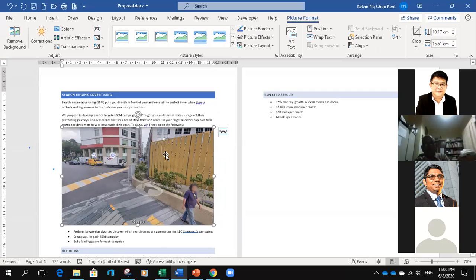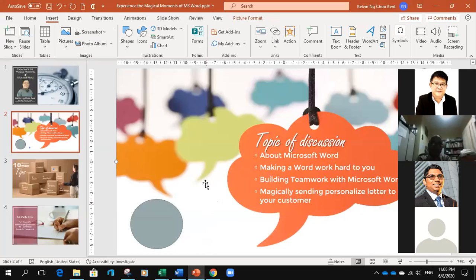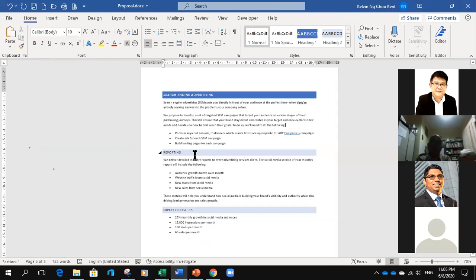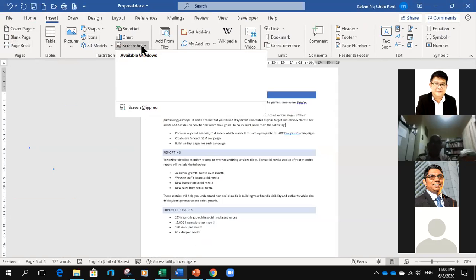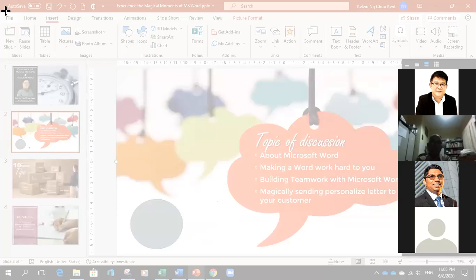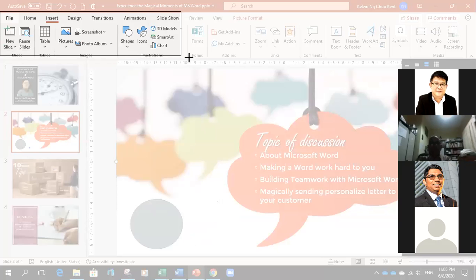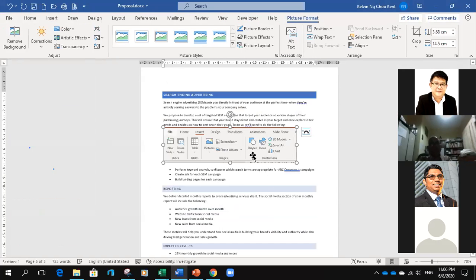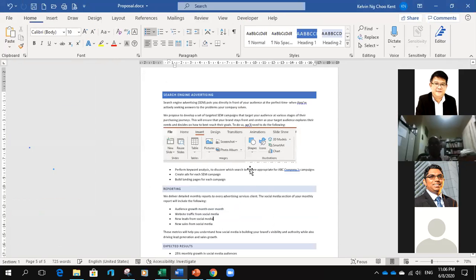You don't need that. So for example, I want to work on something in Microsoft PowerPoint. This is the screen that I want to capture and put into my Word. So I just go to insert, do a screen clipping, and wait for the gray color to appear. I say, okay, let's take a look at this area. So there you go. That's how these people prepare training materials, by showing which button, where the buttons are and so on.